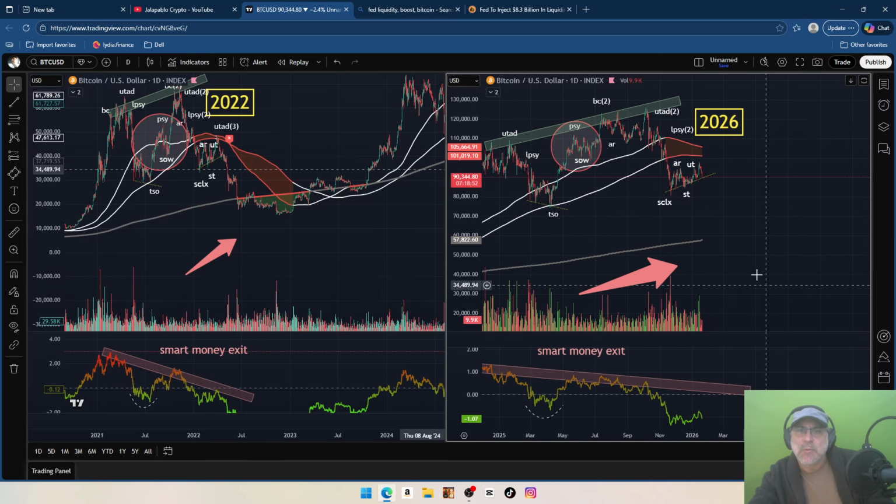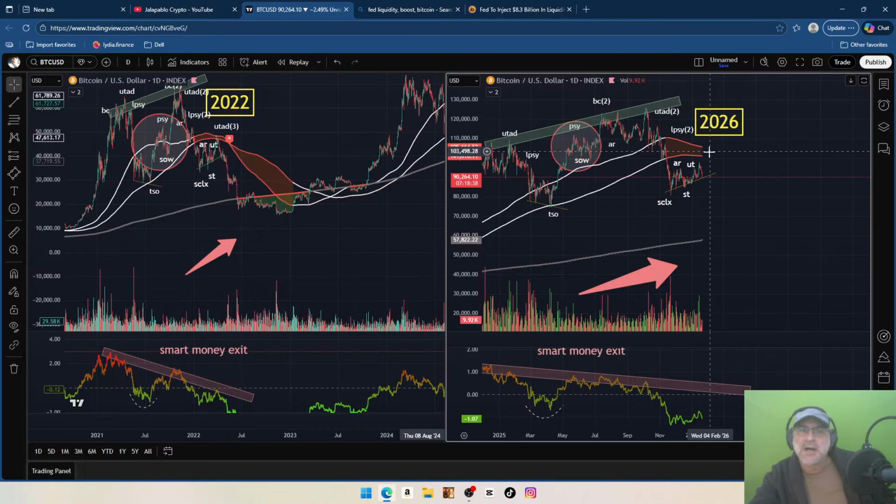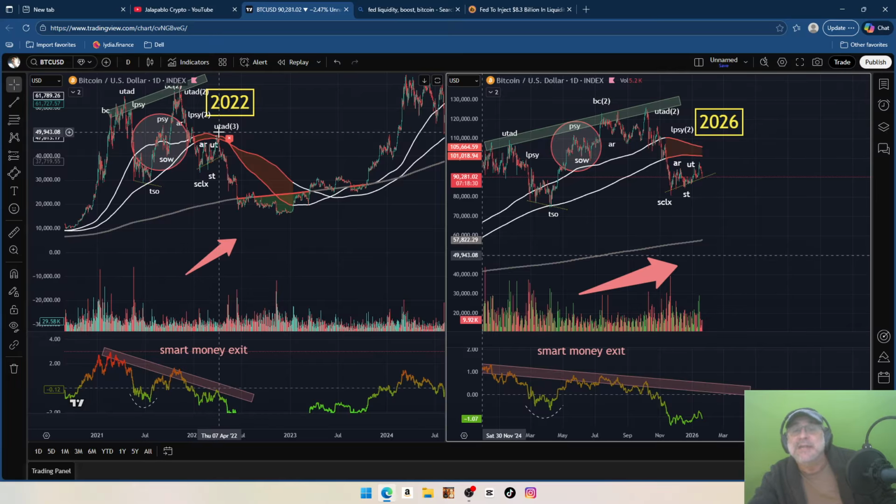And so we're going to need a catalyst. We're going to need something to drive this kind of markdown. Now, indeed, perhaps we've already seen the UTAD number 3, but it's also possible that we could have one more hurrah up to here, up to the outer band, like we saw here, this upper deviation number 2. Sometimes the last liquidity sweep, which amounts to the final UTAD, is able to go through the 200 and actually touch the 400. This could still happen, but we need something to drive that sort of FOMO